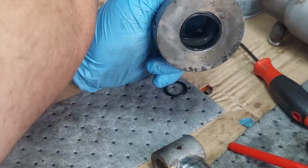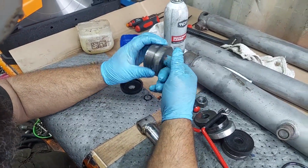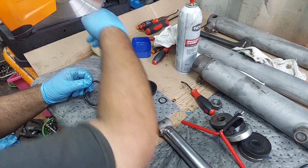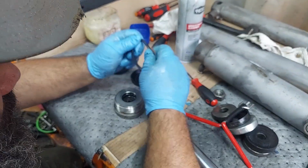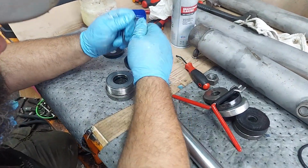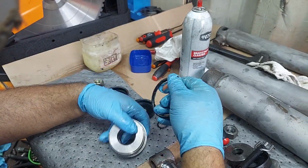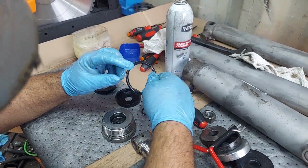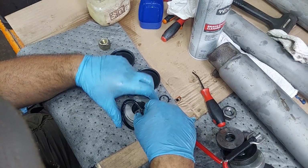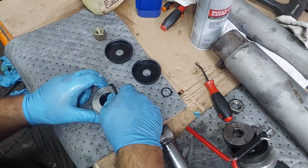And then now you put some lube on this inside, so when we're assembling it, it's got plenty. And then the last part of this one is this backup ring that goes around the threads. Again, get some lube on here. I cleaned up the corrosion that was in there, so it's all nice and clean in there. And that means the O-ring did its job because past the O-ring is clean. Nothing got past it. When you do these, I like to set them in the groove halfway, and then just